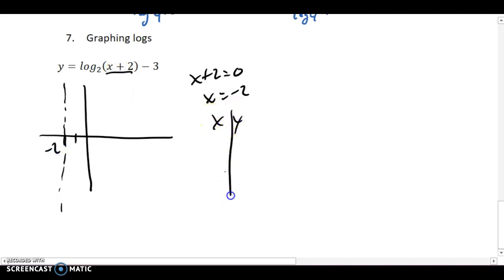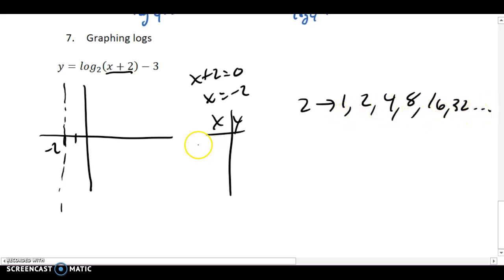Then we're going to make our XY chart, and we need smart numbers. So 2's smart numbers are 1, 2, 4, 8, 16, 32, and so on and so forth, just times by 2. So I want a 1 inside the parentheses. I have a 2, so I'm going to pick negative 1. And then I need a 2 inside the parentheses, so I'm going to pick a 0, and then I need a 4 inside the parentheses, so I'm going to pick a 2. So this plus 2 kind of just changes these. If there's no number there, you just pick those, because when we put them in, I just want to show you. So when I put negative 1 in,